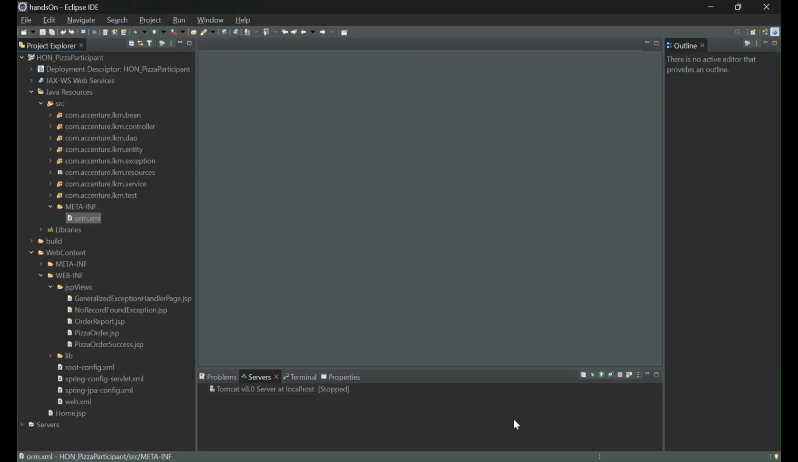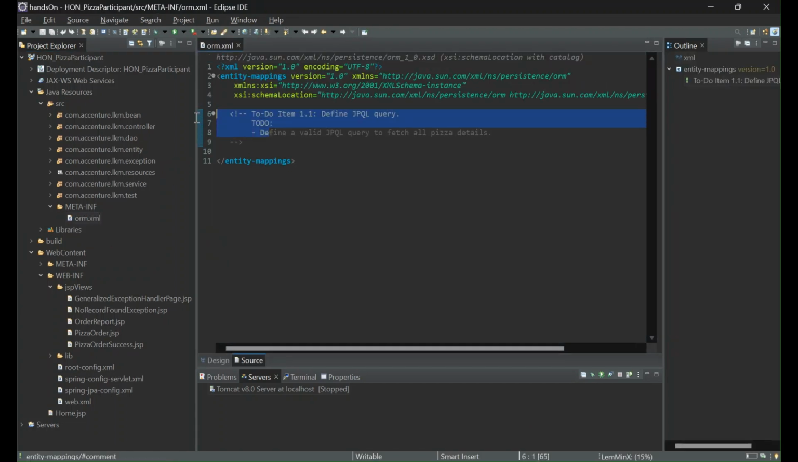Okay. So whatever we discussed till now was good and important. However, what we'll be discussing from now onwards is the most important thing, because from now onwards we'll be doing the to-do tasks which will be required while you're doing your hands-on. So starting with the first to-do task, which is in orm.xml. Let's open that file and you can see we have to-do item 1.1 over here. What it asks is to define